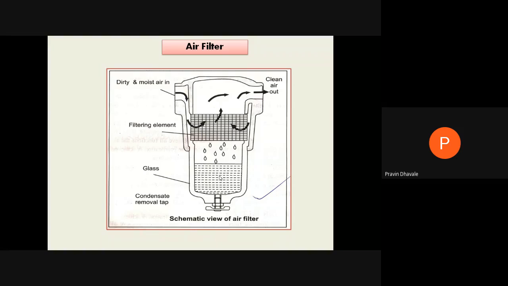So in this way, this air filter we studied its construction, its working, right? Whatever the condensate or condensation of water vapor takes place, why does it take place? When that air is passing through this meshing or filtering element, its pressure gets dropped down. When the pressure of the air gets dropped down, it will condense, and that condensed water